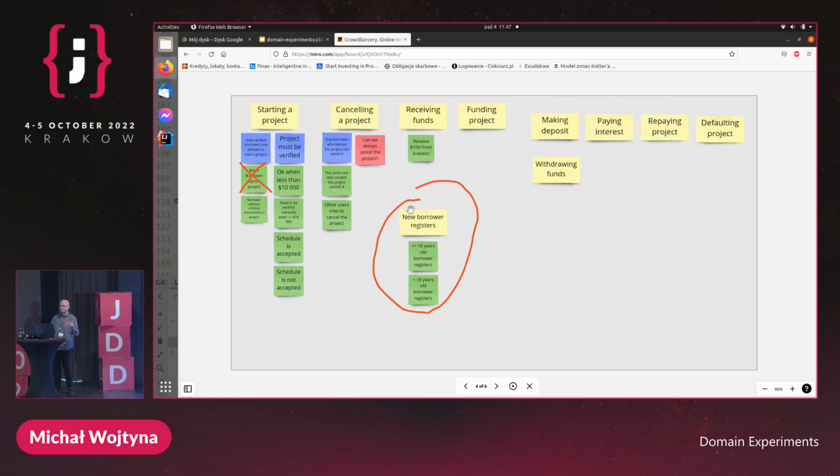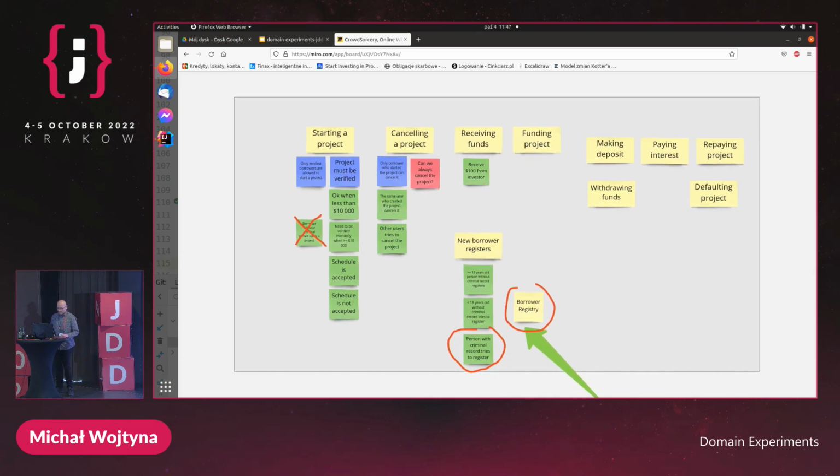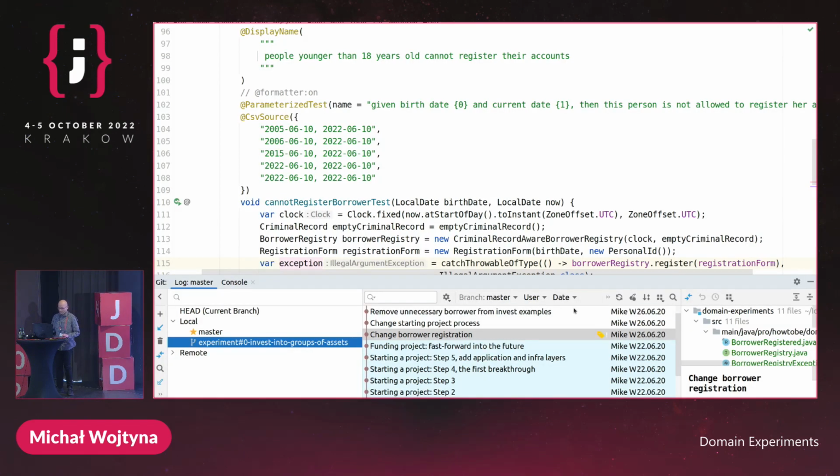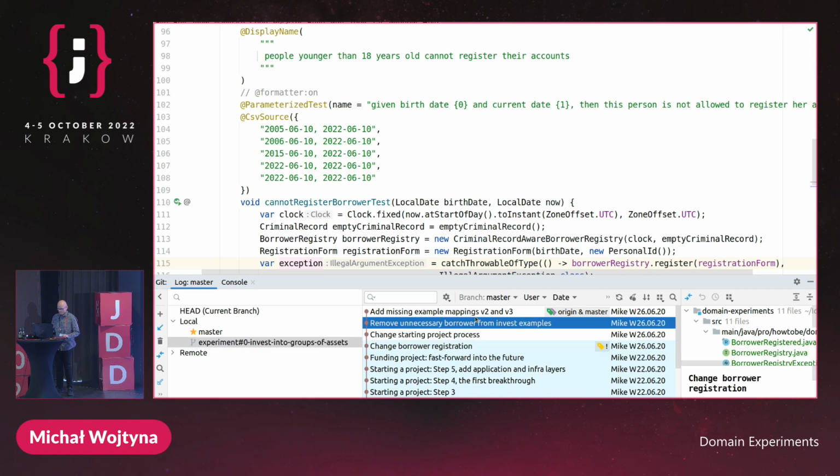So that's a completely new use case, a completely new story here. We can reflect this on the board so we can see it, but it's not always necessary, especially when we are iterating really fast in the very early stages of development. Okay, going next,